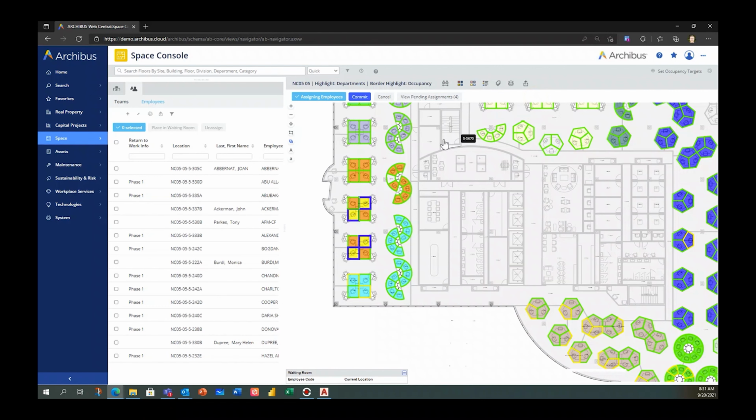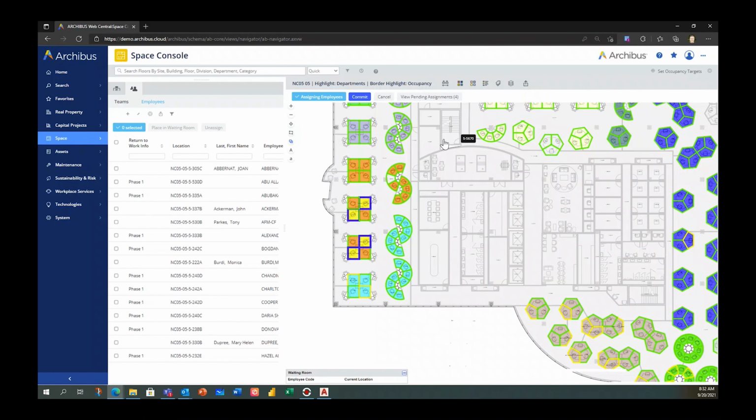But what we're really wanting to focus in on for today's presentation is how we leverage the fact that we've got this space information and organizational information married in a singular application to support a safe return to the office for our employees. Luckily, Archibus has a really great solution constructed for managing or technologically supporting whatever strategy an organization might have in place for what we affectionately call RTO.